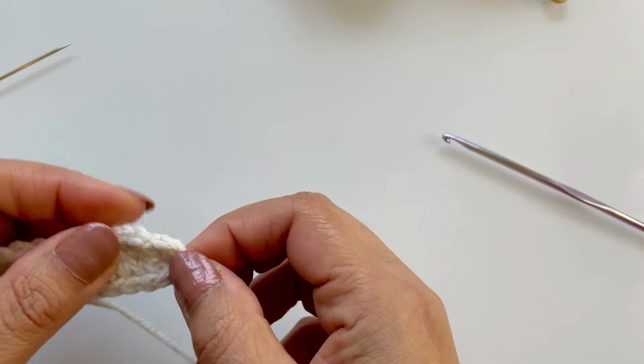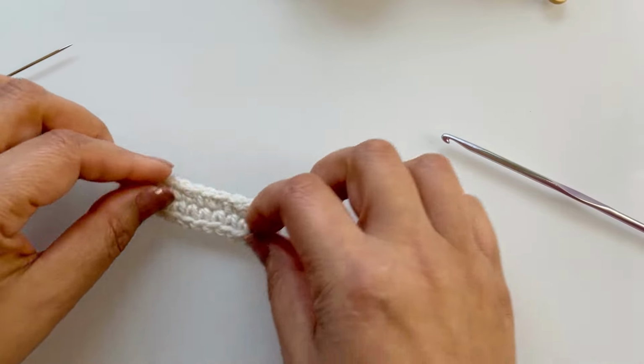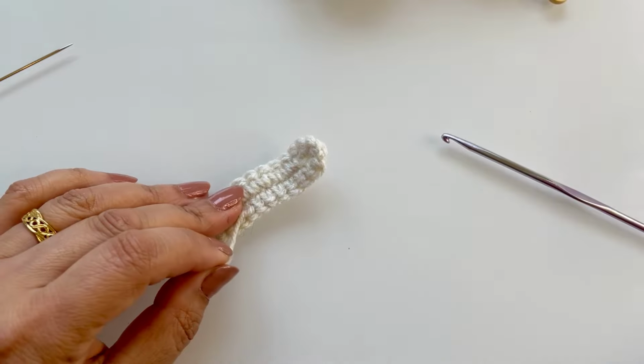Oh, why has it done that? Maybe I've pulled it too tight. That's right. I was thinking, why did it look a bit weird? Okay, so